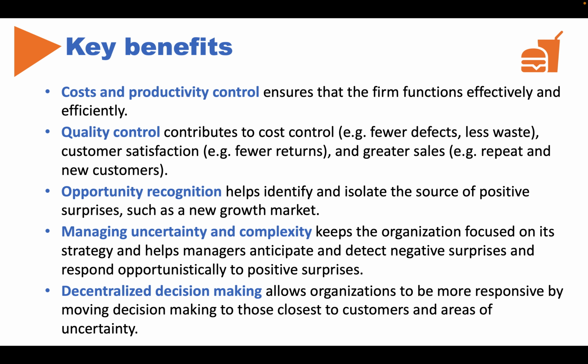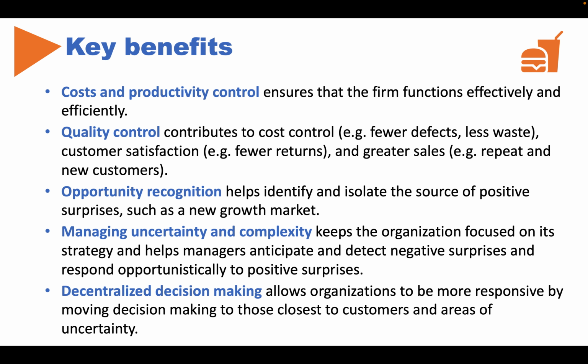Other organizations and industries, such as the automobile industry, use quality controls. Toyota, for instance, as the textbook talks about, tracks the quality of its cars according to hundreds of quantified dimensions, including things such as how many defects a car has. Some of the measures can also be qualitative, such as how delighted was the customer with the car that they bought? How delighted are they with the dealer service? Quality control can contribute to cost control, customer satisfaction, as well as greater sales.